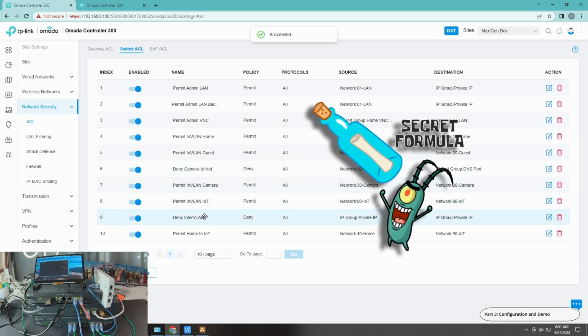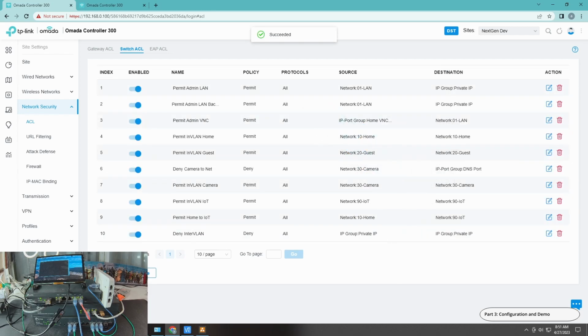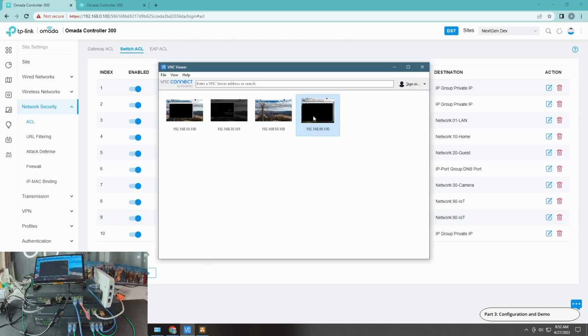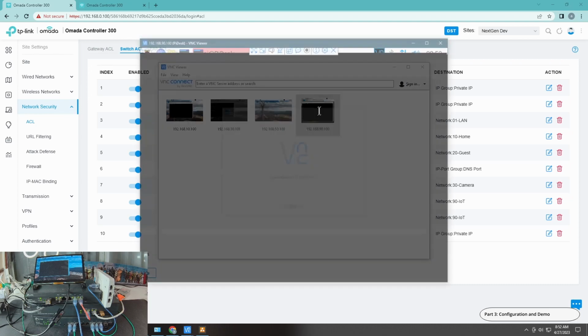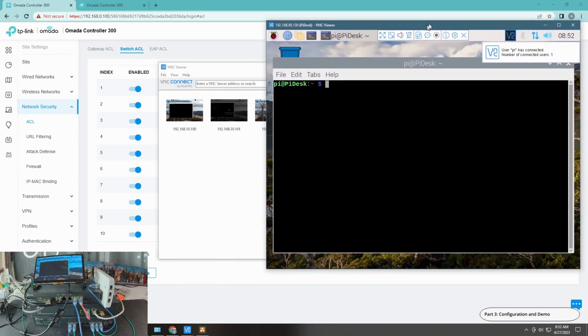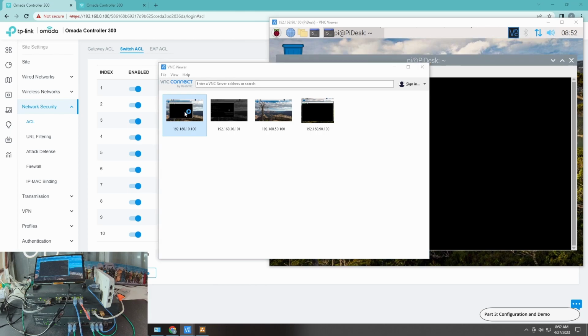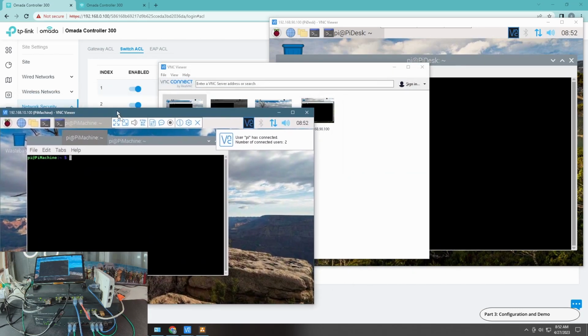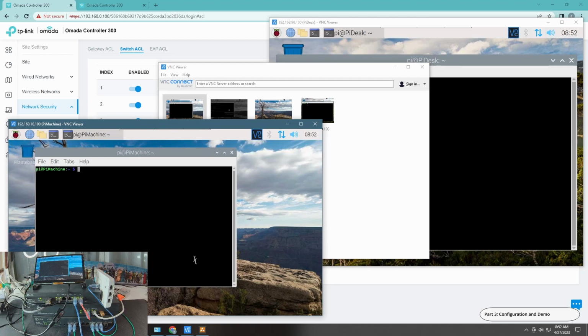So let me drag it up there. This one, home, has access to all the IoT. However, the VNC will not work from home to IoT just because the IoT is not being allowed back to home, and I'm going to show that to you guys. Right now I'm being allowed here, and I'll keep it here as usual, and I'm going to transfer my cable to one of the